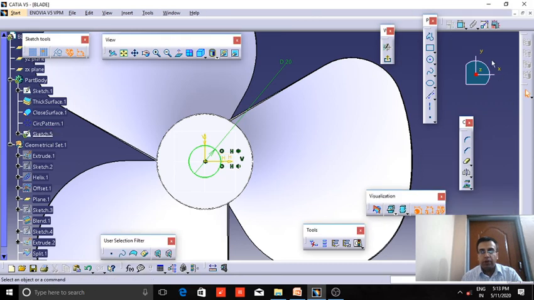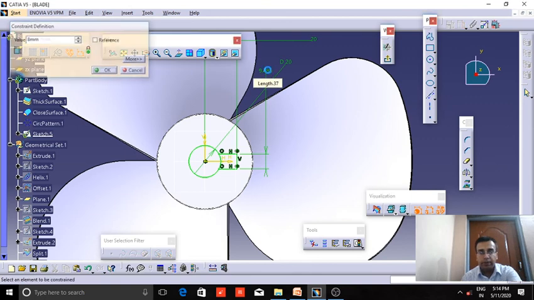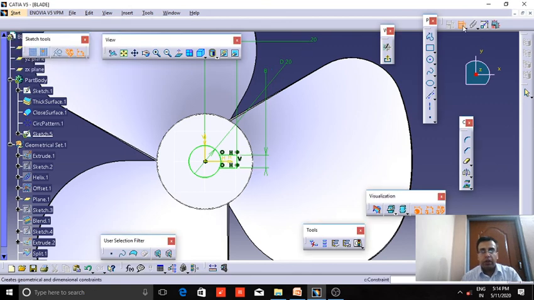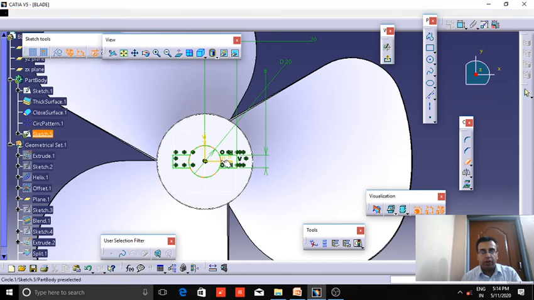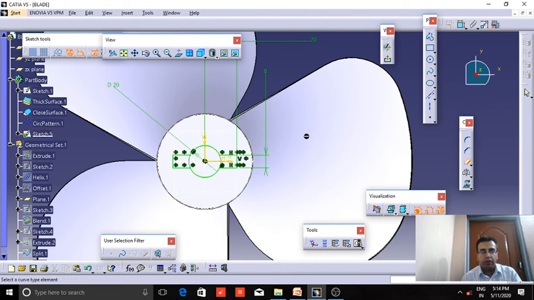We will provide them dimensions. So this is 20 and this is 8. And next we will just mirror these lines about the central axis in order to get the required output. And then finally we can trim these edges out.